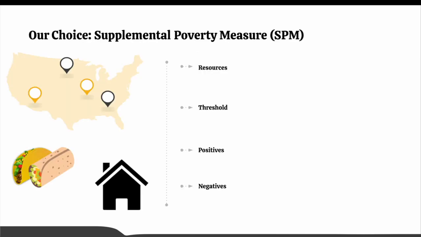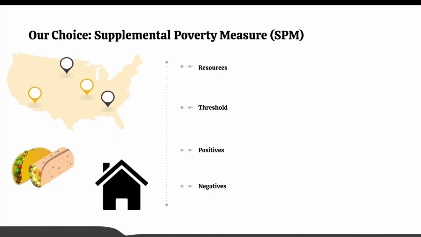The SPM is a poverty measure that is currently only used in the United States. It uses a formula involving income to measure poverty. It sums up a household's total income and subtracts non-discretionary expenses. This includes taxes and medical out-of-pocket expenses. It then adds non-cash benefits. This includes but is not limited to SNAP, housing benefits such as Section 8, and Medicare.